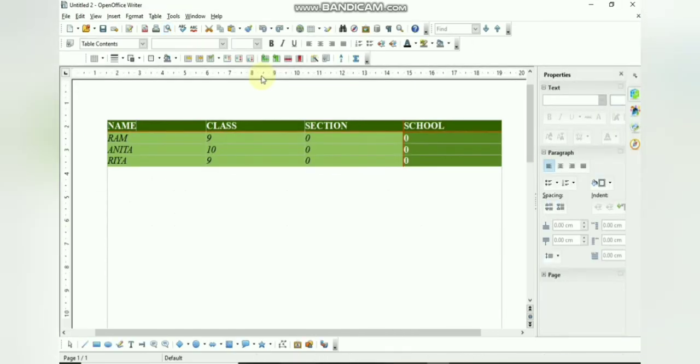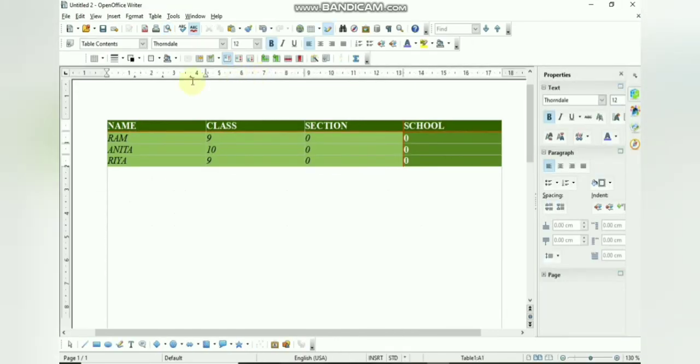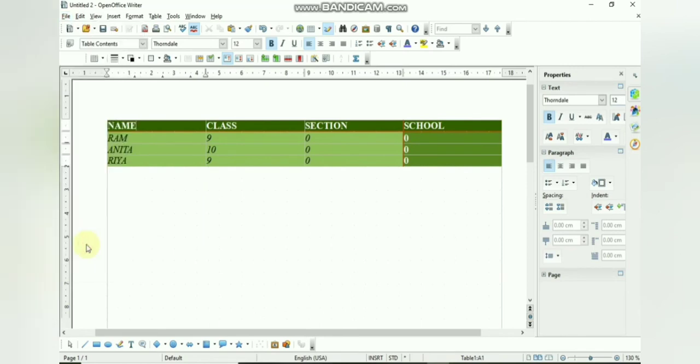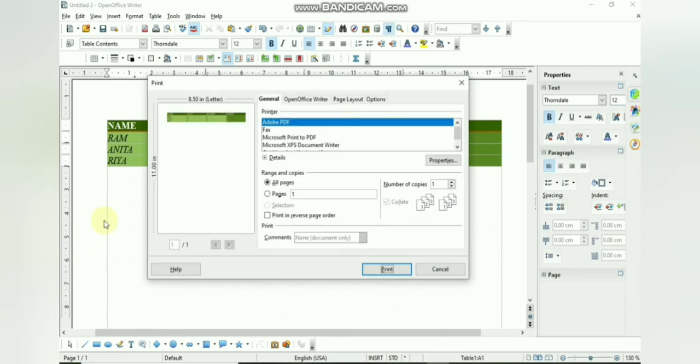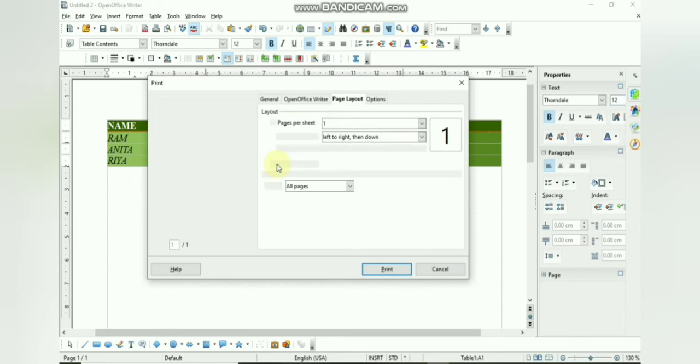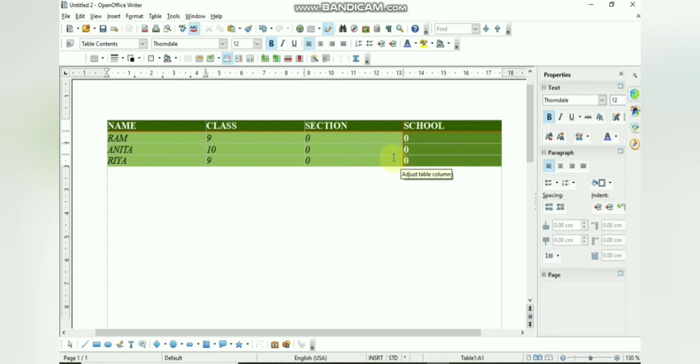Okay, then next one is we can print our document as a brochure also. So same way, for printing our document as a brochure, what we have to do is click on the file menu, and then click on the print command over here. As I click on the print command, from there I will have the page layout tab, and from there I have to click on brochure. Okay, so as I click on brochure, you will see how the table will look like, and accordingly you can click on the print option in order to print your document as a brochure. All right, and please remember the shortcut key for printing is Ctrl plus P.